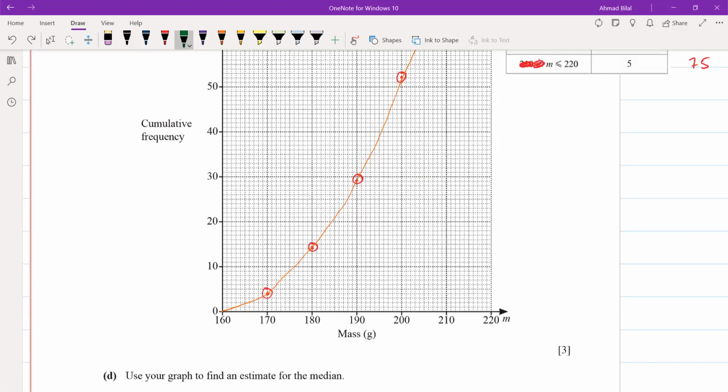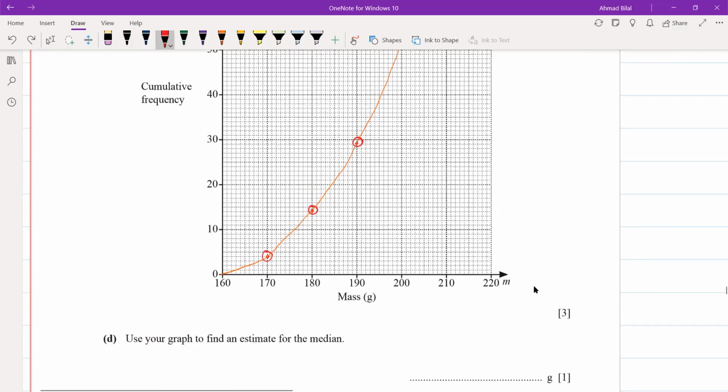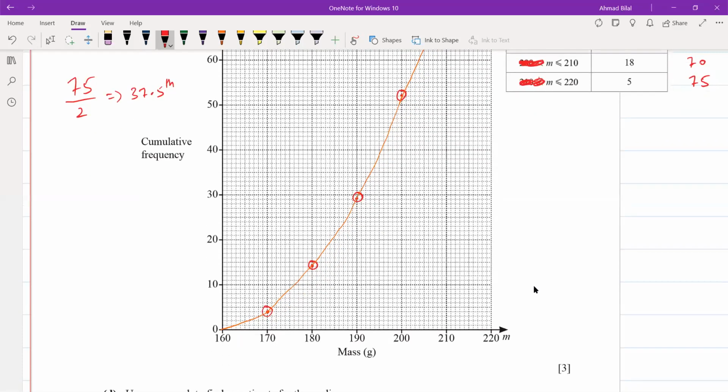ठीक है, अच्छा ये हमने प्लॉट भी कर दिया। Now it says use your graph to find an estimate for the median, मीडियन का एस्टिमेट करना है। Now how do you estimate the median, हमारे पास जो भी टोटल नंबर होता है, टोटल नंबर कितना था 75, मीडियन क्या होता है उसके हाफ में आता है, उसके 50% के ऊपर, इसको 2 से डिवाइड करेंगे, 75 over 2 that is 37.5। 37.5 is not your median, your median is 37.5th value, 37.5th value। अब 37.5 के ऊपर आप देखें, अब क्या ग्राफ के ऊपर, that's this point here 37.5। अब यहाँ पे आप देखेंगे कोरेस्पॉन्डिंग ग्राफ पे जाके आपके पास क्या आ रहा है एक्स एक्सिस के ऊपर, सो आई एम गेटिंग दिस पॉइंट हियर। ठीक है, इसको मैं नीचे जाके देखूं, इट्स कमिंग टू बी समवेयर अराउंड दिस पॉइंट, सो इट्स 194.5 फॉर मी, राइट।